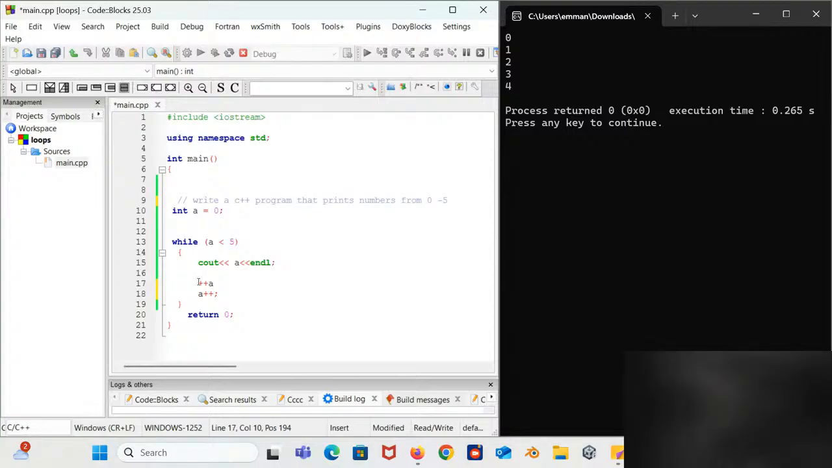Now, what is going to happen here is that with the prefix increment, the variable is basically increased, right, before the value would be used in any expression. And then with the postfix increment, the original value of the variable is used in the expression before the variable is, what, incremented. So,